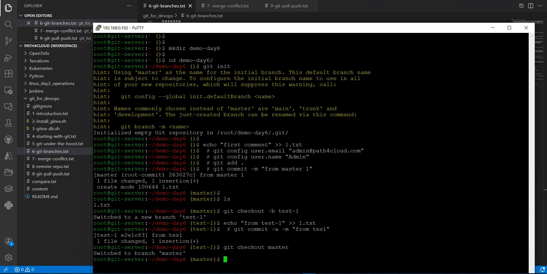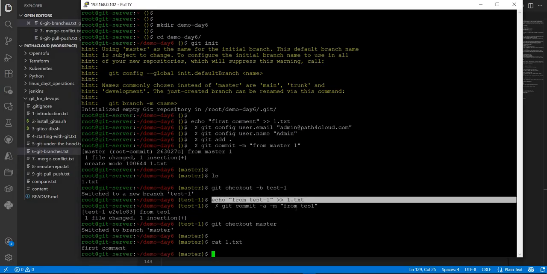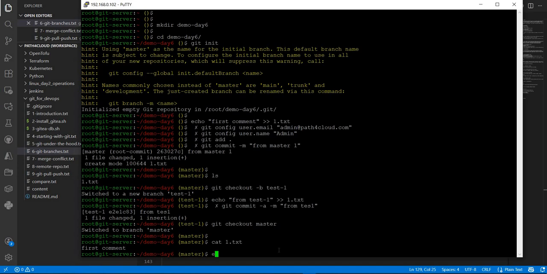So far what we have done is we have created one file, added some content to it, and committed to our local repository inside the master branch. Then I switched to a branch called test1, and there I modified the same file and committed to that branch. Now I am back on master. If you see here, we don't have the content which we committed from test1, right? Now let's commit